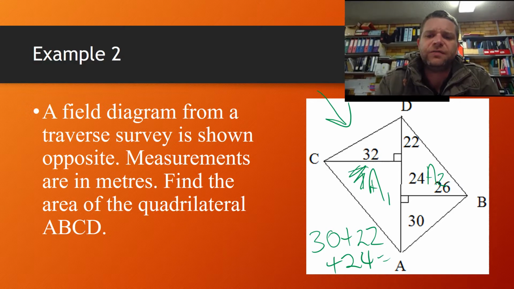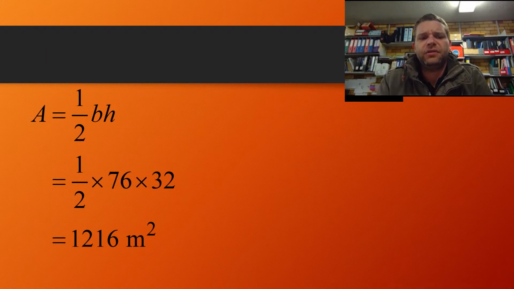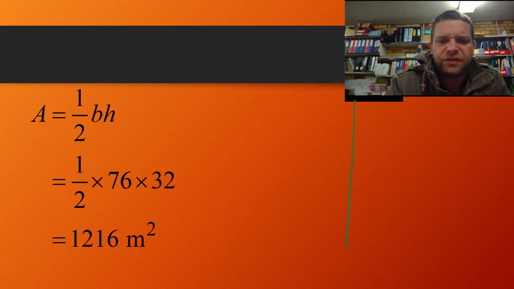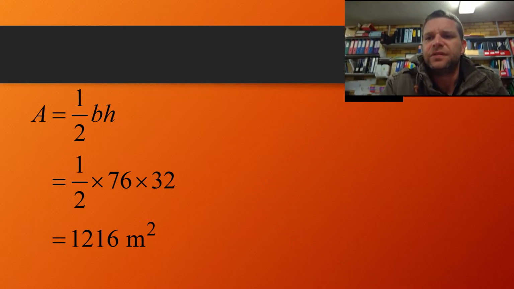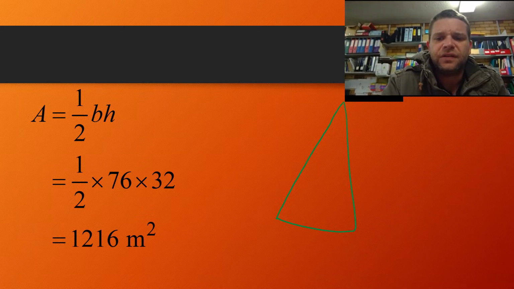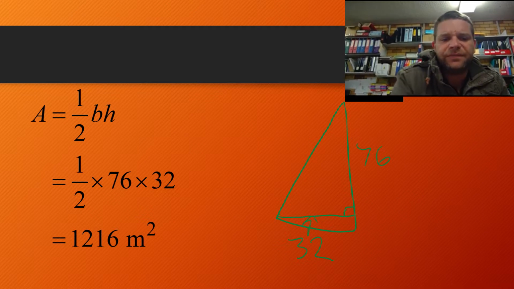We're going to go 30, 24, 22. And here we go. Bang. 76. We went out 32. So let's draw our little picture. So it was 76, whoops, 67. Let's try that again. 76, we went out 32, and there's my 32 just there, and that meets at a right angle. So my area